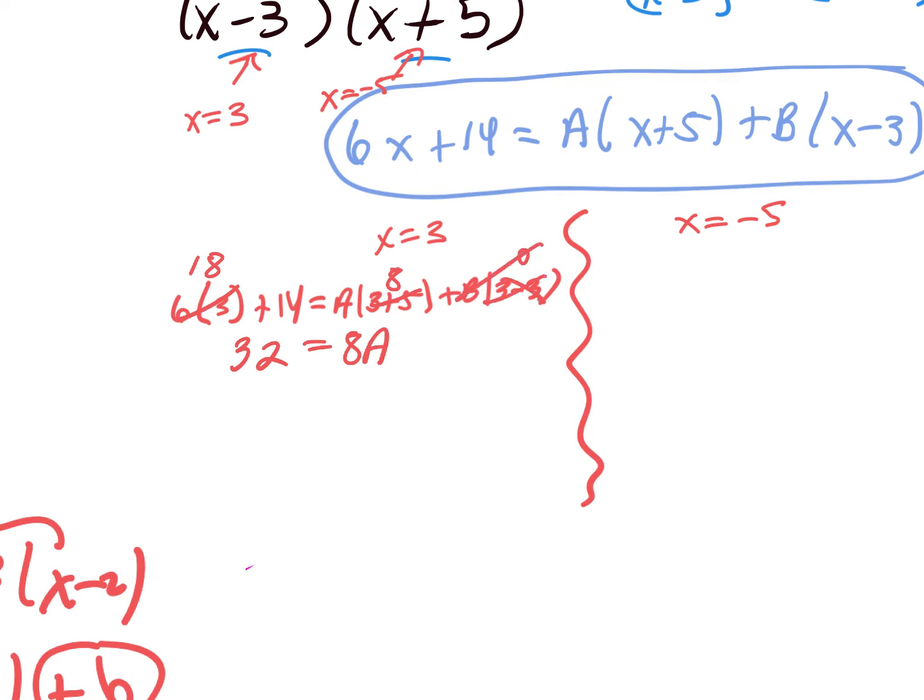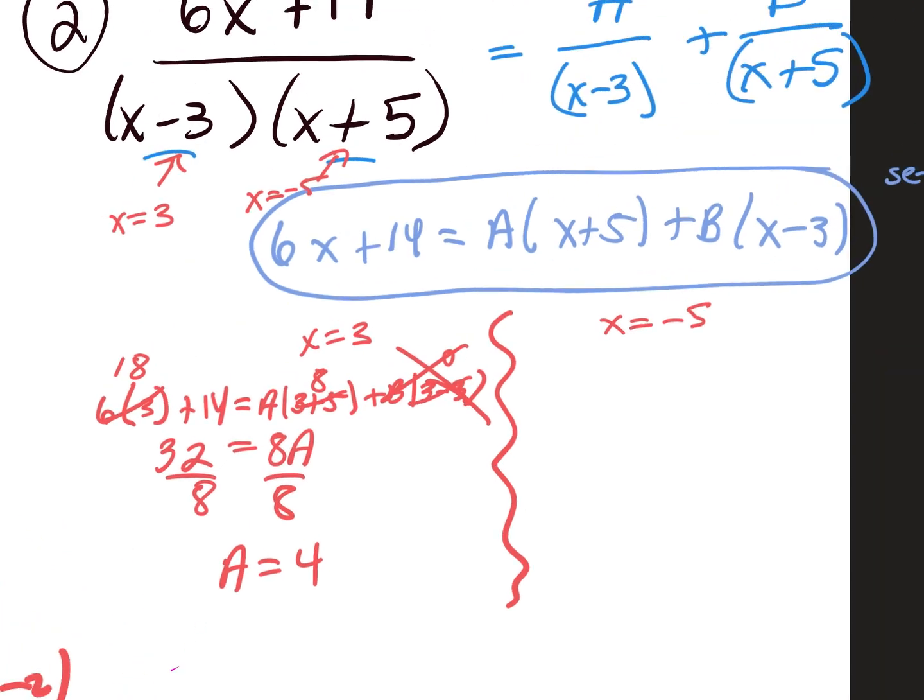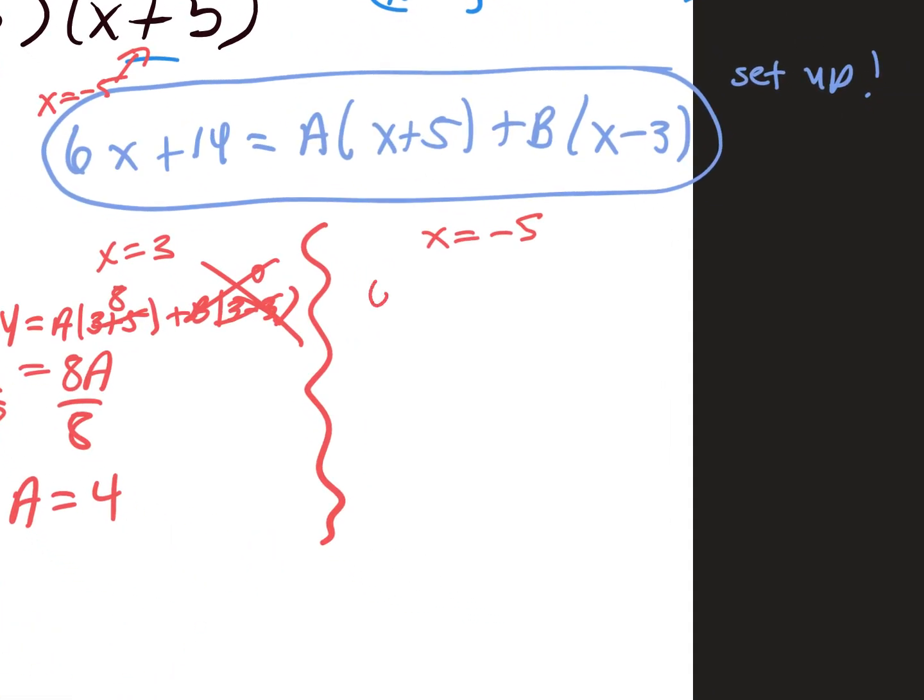It's 0, so this cancels out. Divide both sides by 8, and your a is 4. All right, so now I'm going to do the same thing over here, but we're going to substitute in